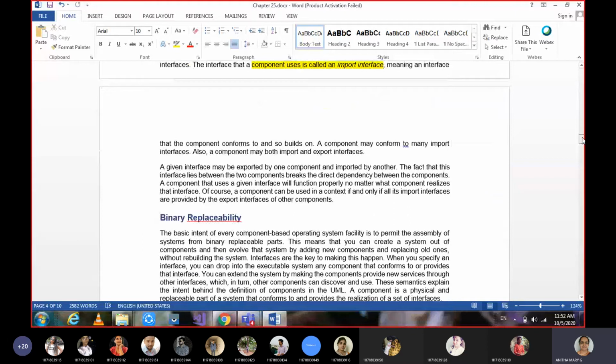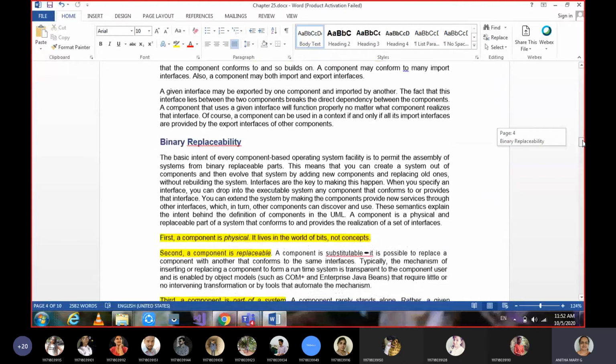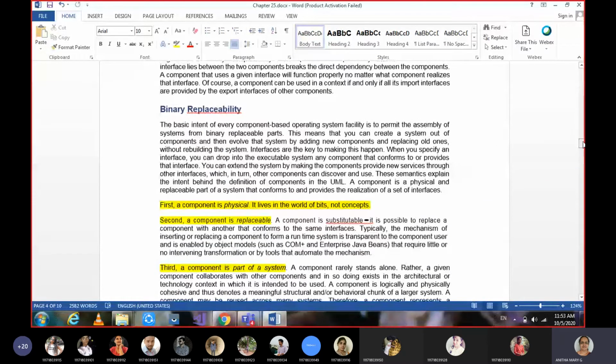Okay, and then the fourth terminology under the components chapter is binary replaceability. Here, when we are creating a system with components, to evolve or update the system, you need not replace the old ones without rebuilding.